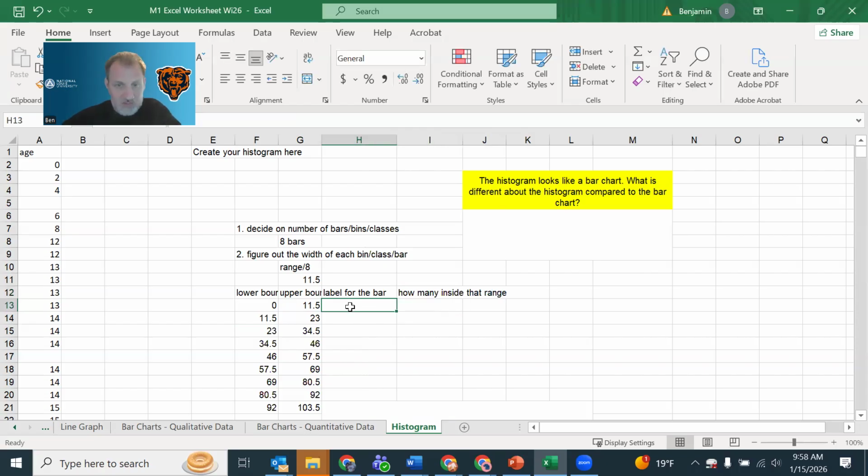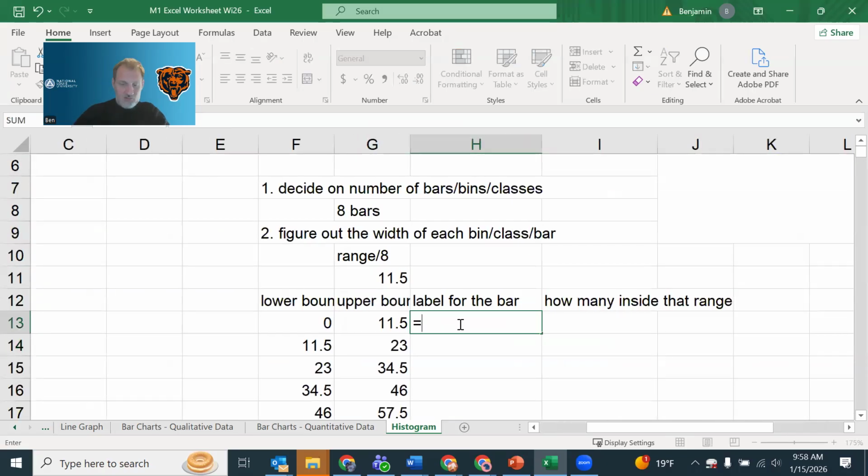So what I will do here is make a special formula called concat. I'm going to zoom in a little bit just to make it easier to see. Equals concat, and I'm going to make a phrase. So from 0, I've got to put a space here so my stuff's not jammed together. From, and then to